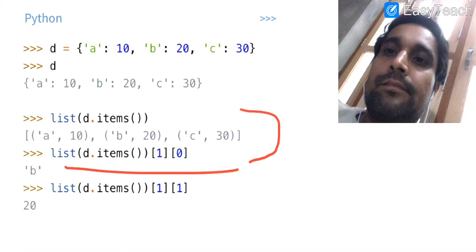So when we print d1 again, A is available a single time, so its value will remain the same. B is available 2 times, with value 20 and with value 200 in d2. So the value that is available in d2 will be used here. We will use B and the corresponding value is 200. Thereafter C is available a single time, its value is 30. Thereafter D is also available a single time in d2. It will be added or appended to the dictionary d1 with value 400.